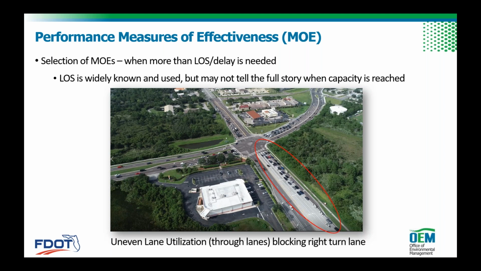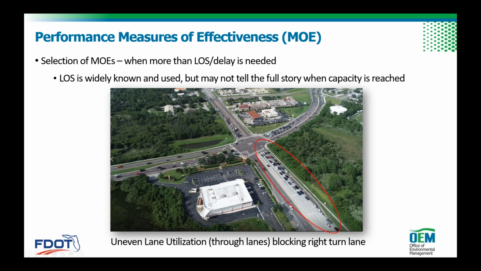And what I wanted to show here, in this case, is that right turning vehicles in the circle are being blocked by the through vehicles that are using the right through lane more heavily than they're using the left through lane. What we found through the drone usage here is that this is a condition that would not be found through simple turning movement counts alone. With turning movement counts, you would not see that the right lane is blocked, so you may have undercounted right turns, and you also might not see that the right through lane has a longer queue than the left through lane. So maybe queue counts could be provided as part of the data collection.